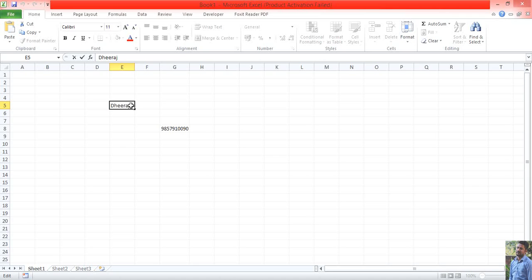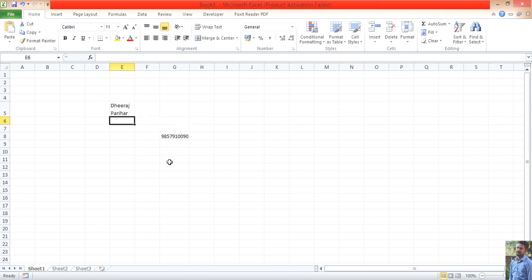we will press Alt plus Enter on the keyboard, and as you see the cursor will automatically go to the next line, and here I am writing my surname.